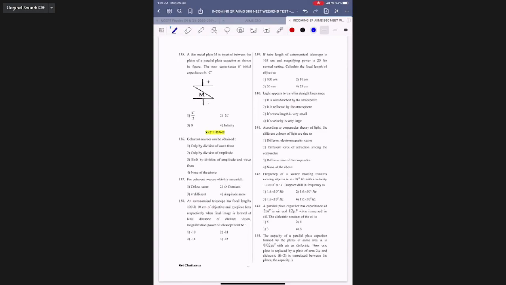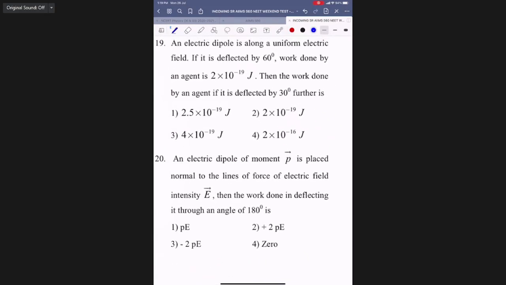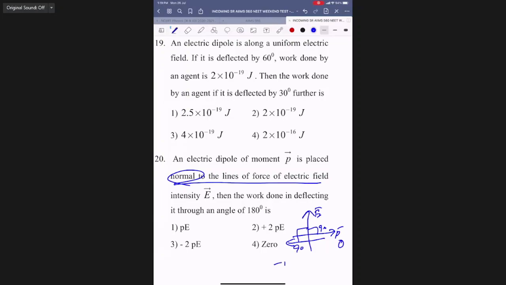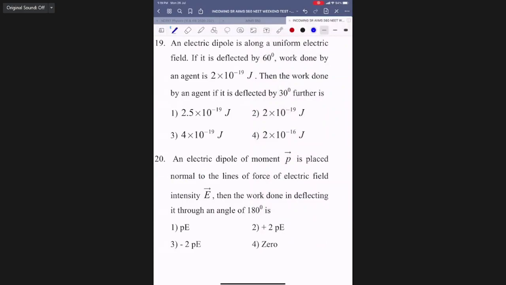Sir, that 128 question, sir. It is rotated to angle 180 degrees. Should we take with P bar, sir, or else from 90 degrees? Initially perpendicular, na? Initially normal means E bar is like this one, P bar is like this one. What is the potential at angle 90? Cos 90 is 0 potential energy here. Then 180, turn it leftward. Then also with the field 90, potential energy minus PE cos 90. Here also minus PE cos 0, 0. 0 minus 0 is 0 only, na? U final minus U initial, na? Work done. Yes, sir. Got it.